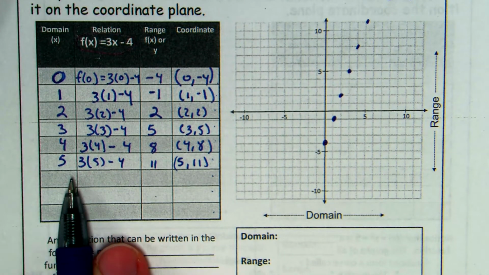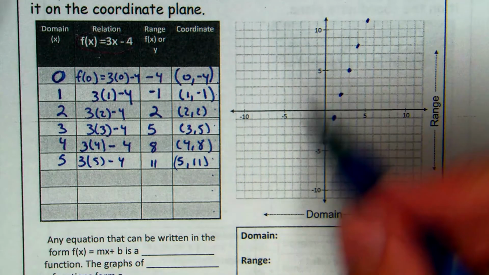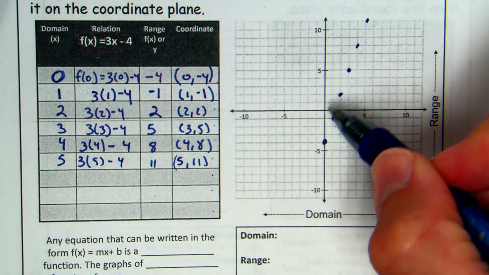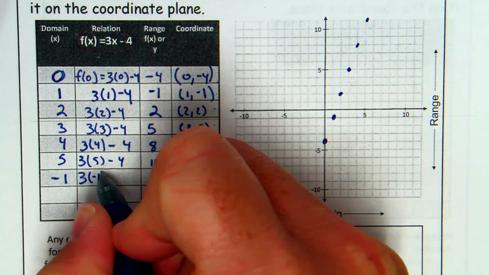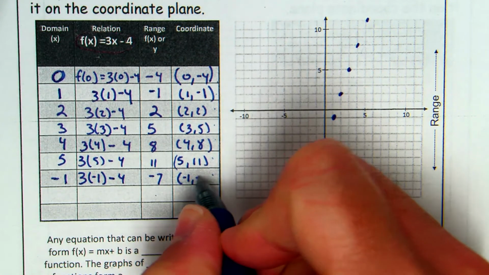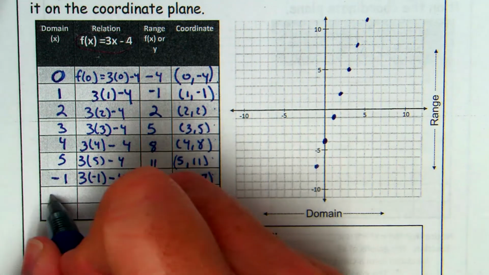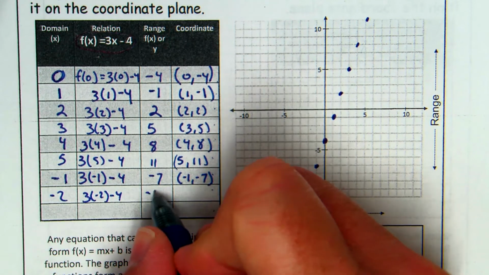There may be times where I have not given enough lines and I tell my students you might have to continue going. I feel pretty satisfied that I know what's happening to the graph over here. It's always a good idea to go ahead and try some negative values as well. This is -7, which is here, and -10,